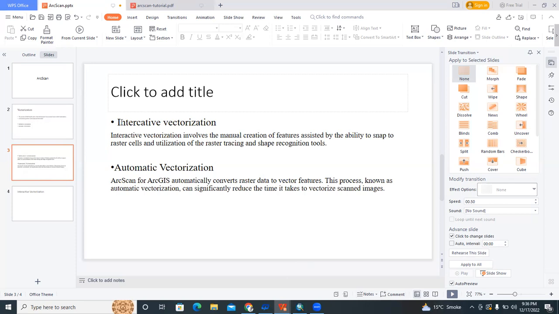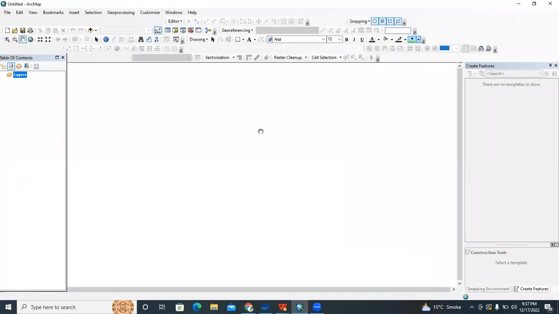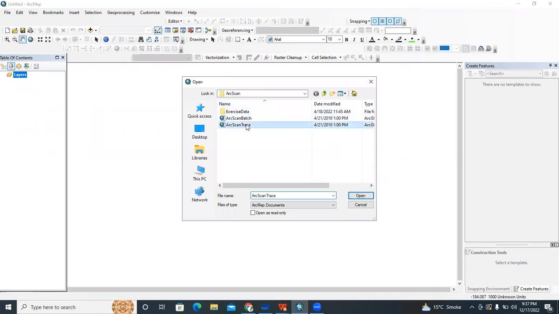First, I'm going to discuss interactive vectorization. So let me open ArcMap. I'm going to open this ArcScan Trace MXD.